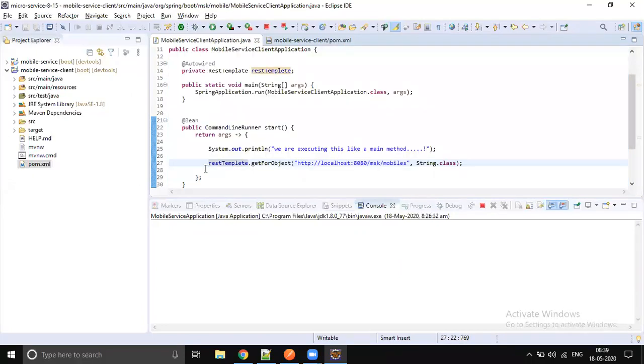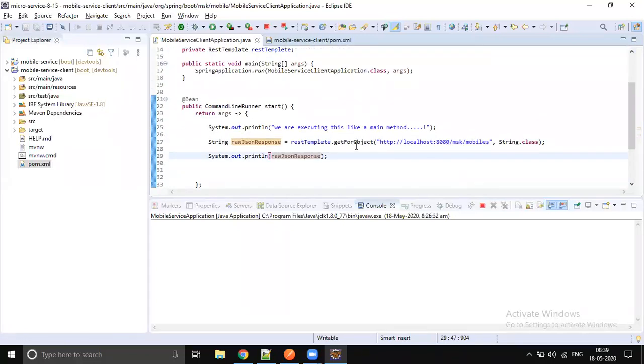So we get the raw JSON as a string. Later we will convert this into an object. First, let's see whether we get the success response or not. I'll name this rawJsonResponse and print it.